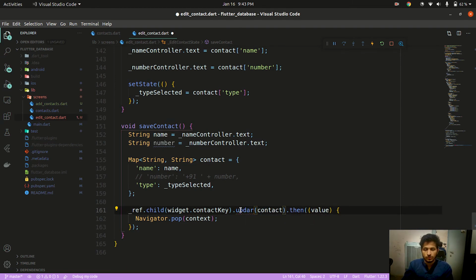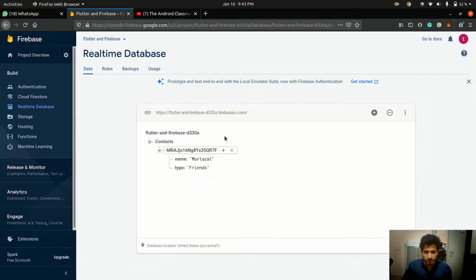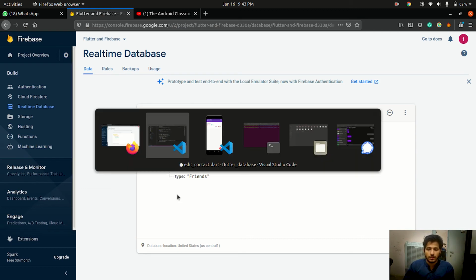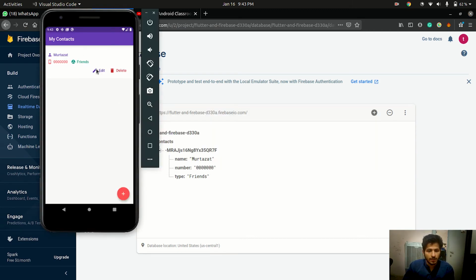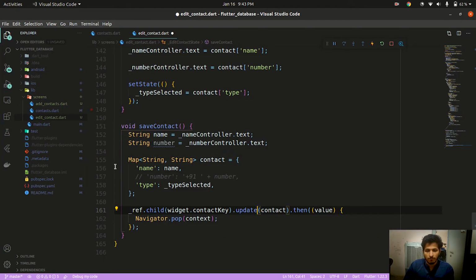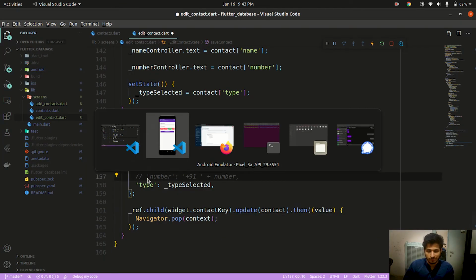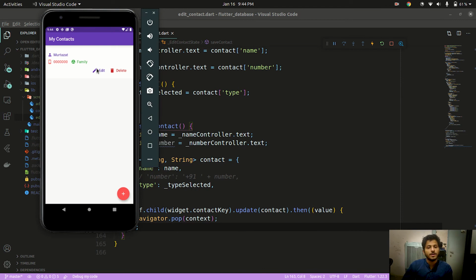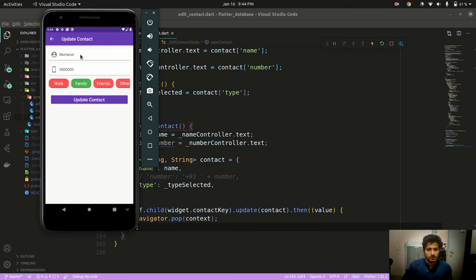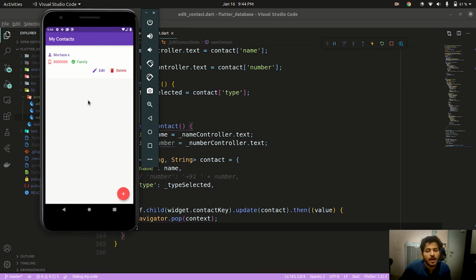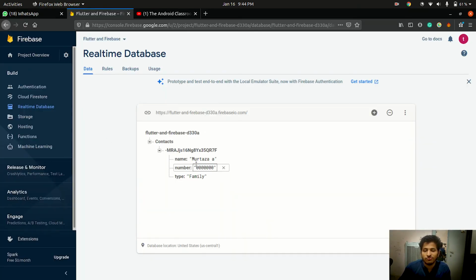And now if I do the same with update, let me first add a number here. Let me add a key number, give it 00000, and add it here. Okay, now we are getting these details. And now if I go into edit, remember our number is still commented out. We'll go to edit and I will do an update, and you can see the number has not been changed.